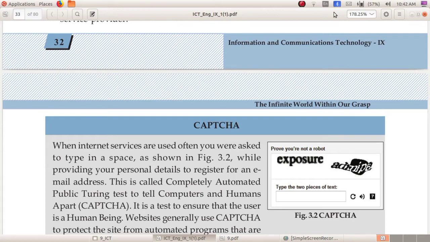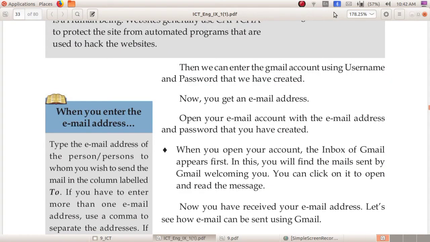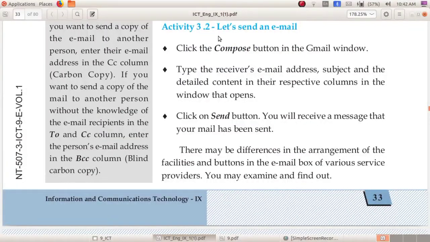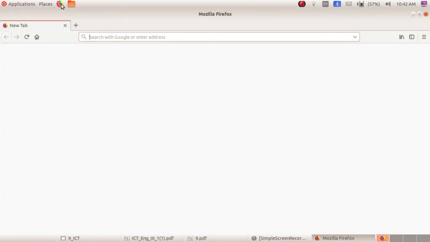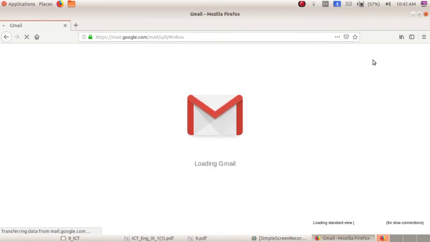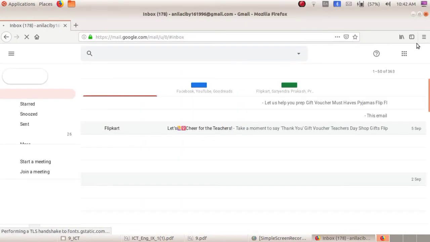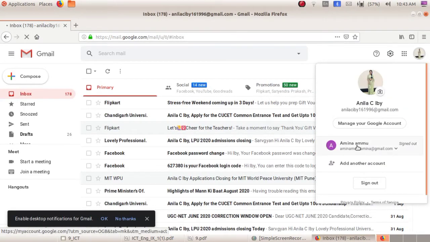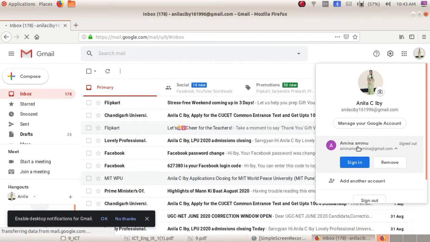Now in this section, we will study how to send an email. For sending an email, you want to get into Gmail. Click on Mozilla Firefox web browser or any other web browser. Then select Google. In the last class, we created an account for Amina Ammu, isn't it?